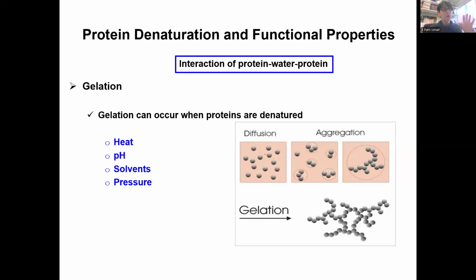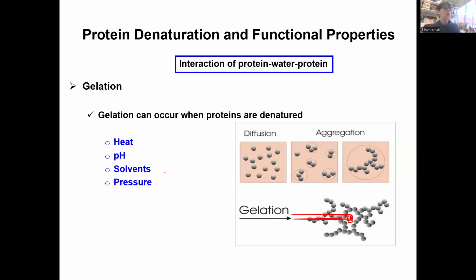So you have your proteins diffused, interacting with water, you induce this denaturation, and slowly the proteins start forming what we call soluble aggregates. Then these soluble aggregates start forming a larger network of proteins interacting with each other. And as that larger network is starting to form, then we entrap the water. So here, for example, you have an area where water is entrapped. Okay, I didn't mean to do that. I don't know why it does that. But here entrapped water, and then more polymers are forming, and then water is physically entrapped,